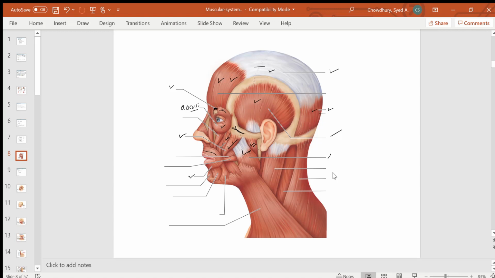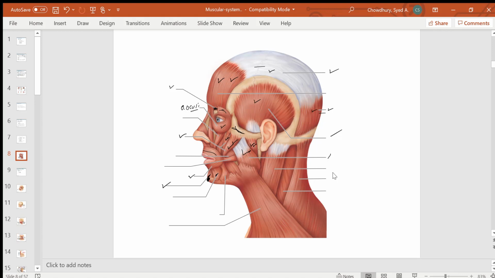Then we'll see the muscles around the mouth. So this is the mouth, so around the mouth. First let's see below the mouth. The chin area is called what? Mental area, right? So this muscle is the mentalis muscle here. Mentalis, very easy by its location. Then next is this one. This muscle is called